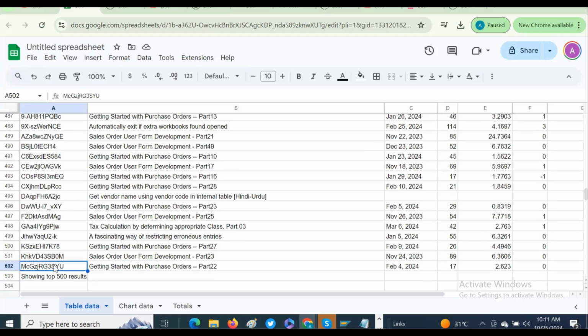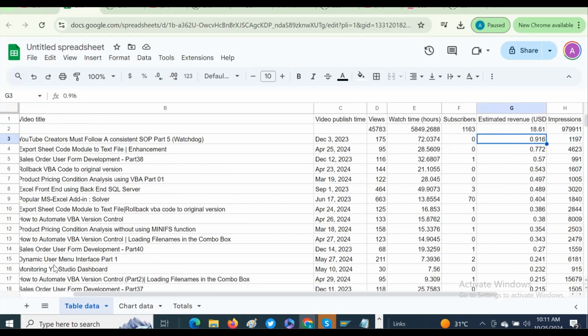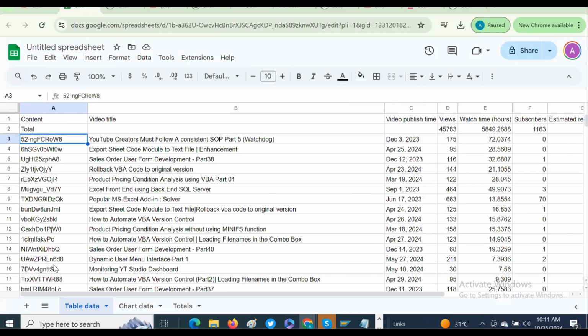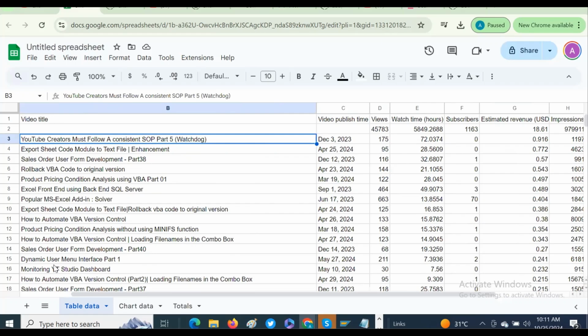Of them, I have so far earned only $18, so the performance is not very good. Now I would know how I should proceed: focus on what my audience are liking and want to see, so that I can decide on the basis of all this information.